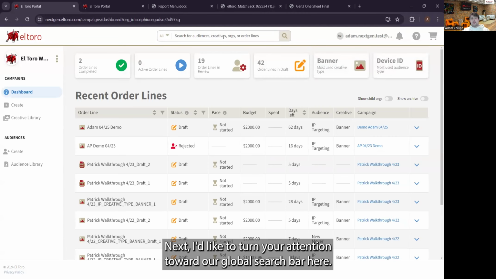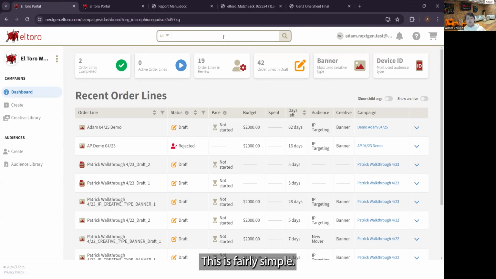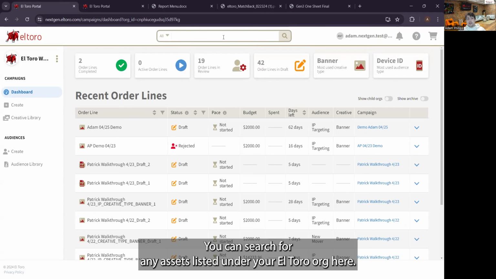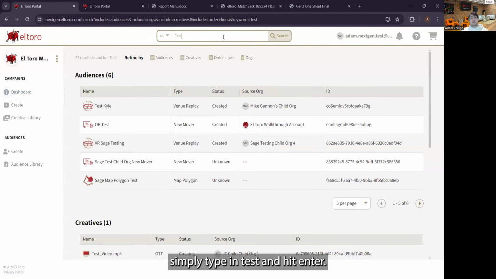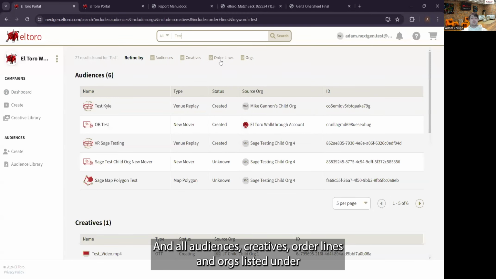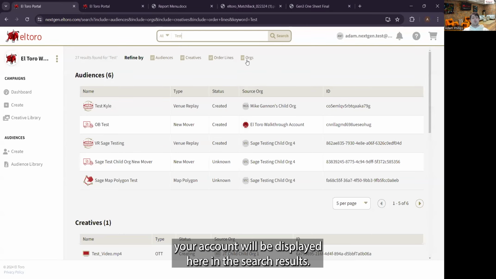Next, I'd like to turn your attention towards our global search bar here. This is fairly simple. You can search for any assets listed under your El Toro org here. So for example, if we wanted to find any asset with the name test in its name, simply type in test and hit enter, and all audiences, creatives, order lines, and orgs listed under your account will be displayed here